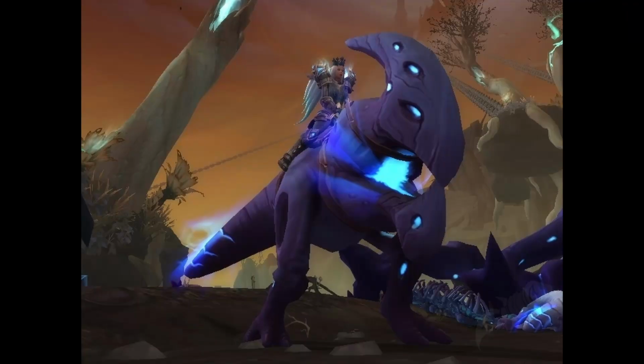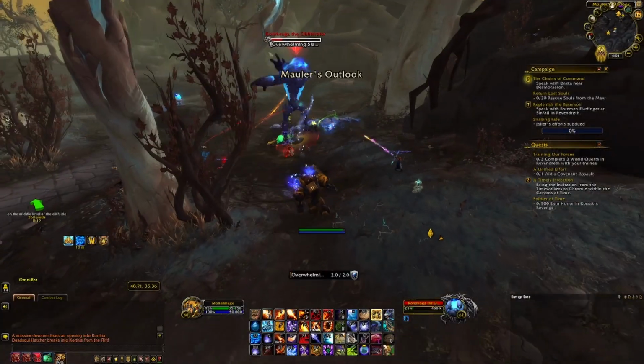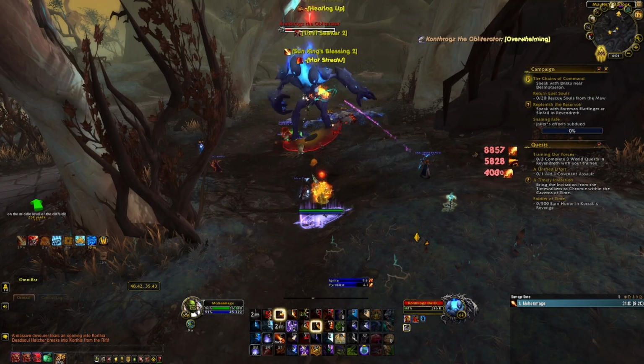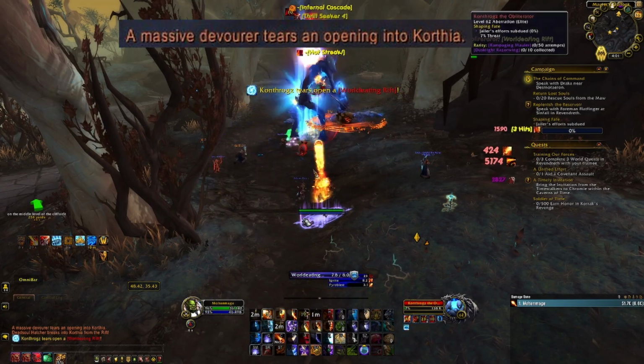Next is the Rampaging Mauler. To get this mount, you'll need to kill the rare named Korthia the Obliterator. This rare has a small chance to spawn whenever any rare in Korthia dies. You will know when he spawns because you will be signaled in your chat with the text stating, "A massive